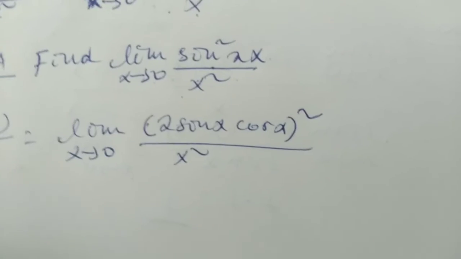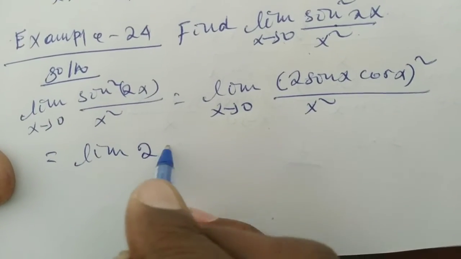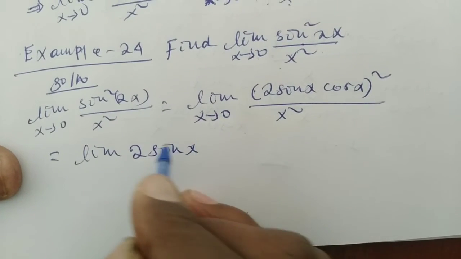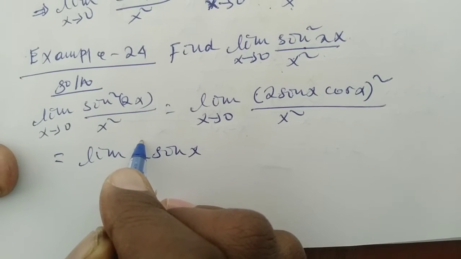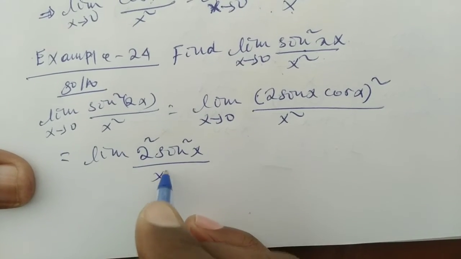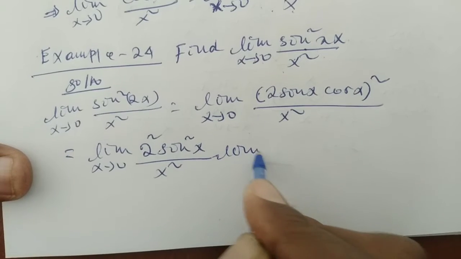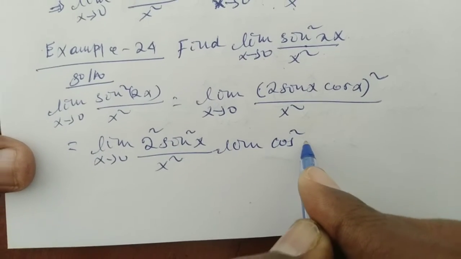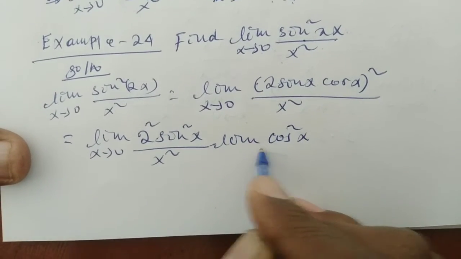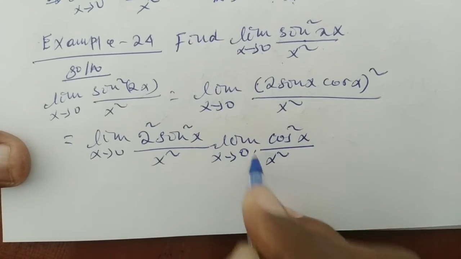So which is equal to the limit of 2 square times sin squared of x over x square when x goes to 0 times the limit of cos squared of x